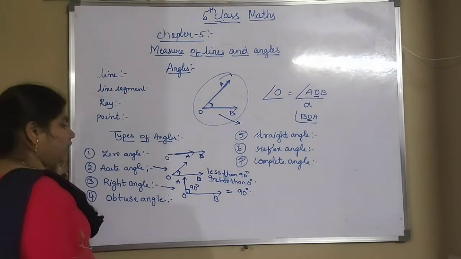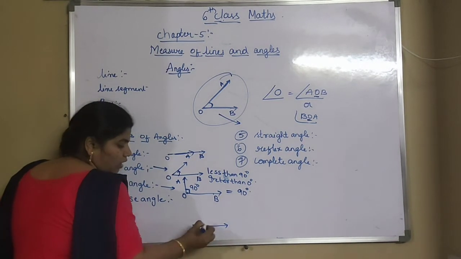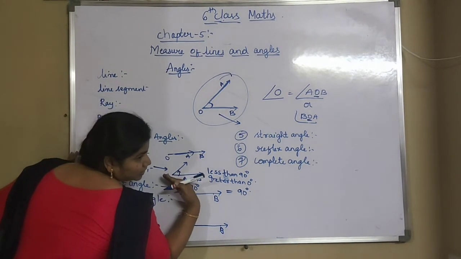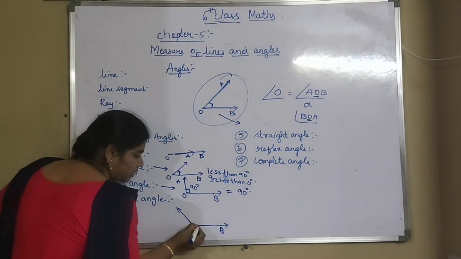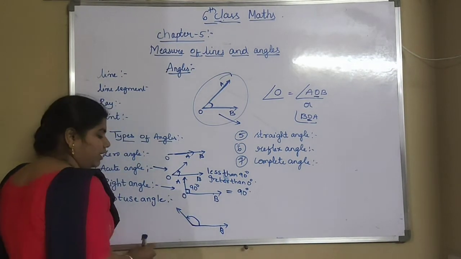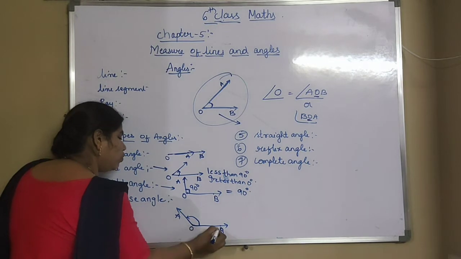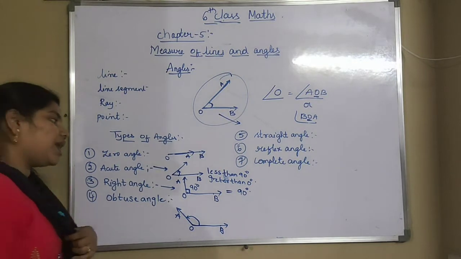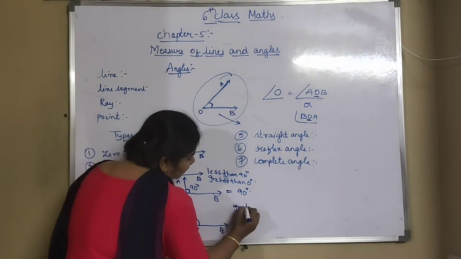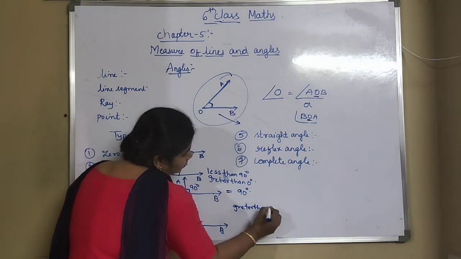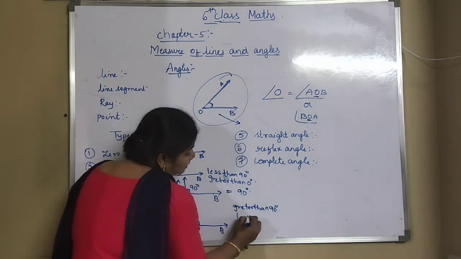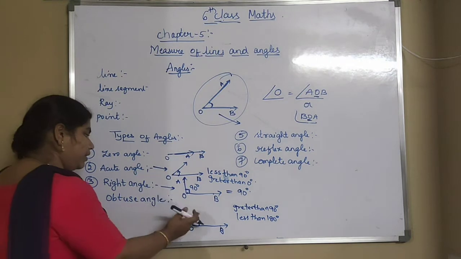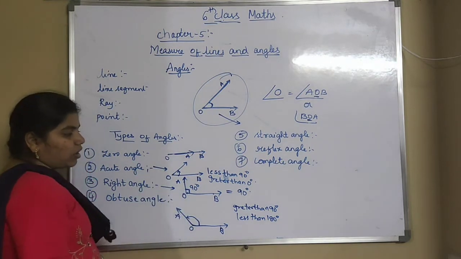Next is obtuse angle. Obtuse angle means, now this is the B ray and this 90 ray has become slightly like this. Okay, so now it is like this. Now from here it has moved till here. So this is A, O, B. Now this is called an obtuse angle. So which type of angles will we call obtuse angles? They are greater than 90 and less than 180. Okay, if it is greater than 90 degrees and less than 180 degrees, we will call it an obtuse